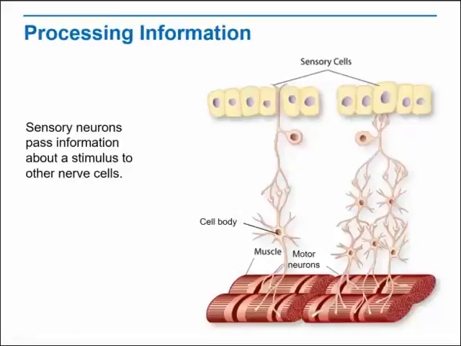How does information gathered by sensory neurons lead to the right response? When sensory neurons detect a stimulus, they pass information about it to other nerve cells. Those neurons, which typically pass information to still other neurons, are called interneurons. Interneurons process information and determine how an animal responds to stimuli. The number of interneurons an animal has and the way those interneurons process information determine how flexible and complex an